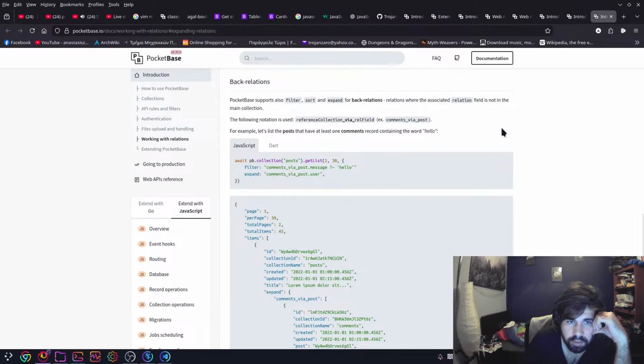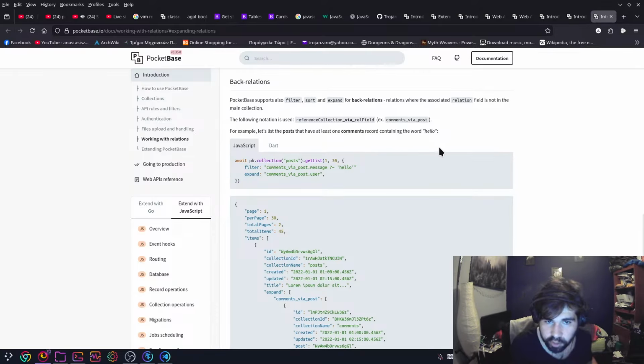The following notation is used. Reference log via rel field. What the heck? There's a list of posts that have at least one comments record containing the word hello.